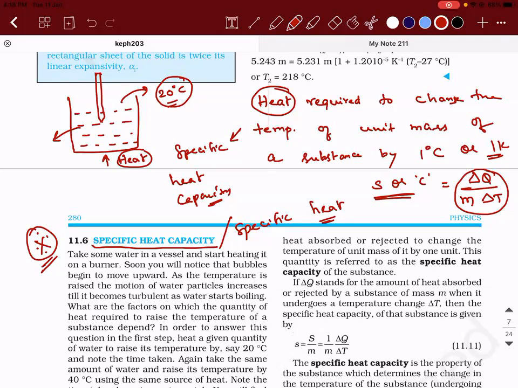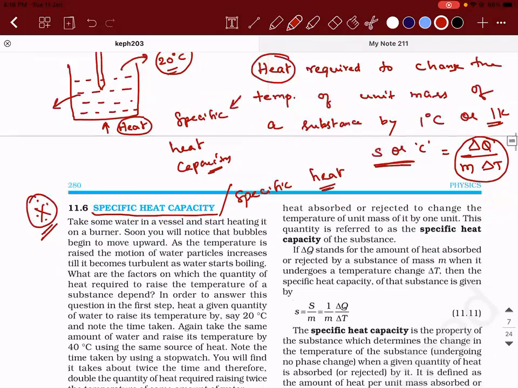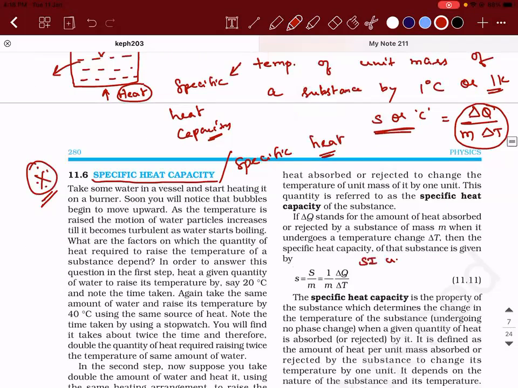Okay. Now, the question is, what is going to be the SI unit of it? Joule per kilogram per Kelvin. Then what is going to be the CGS unit of it? It will be calorie per